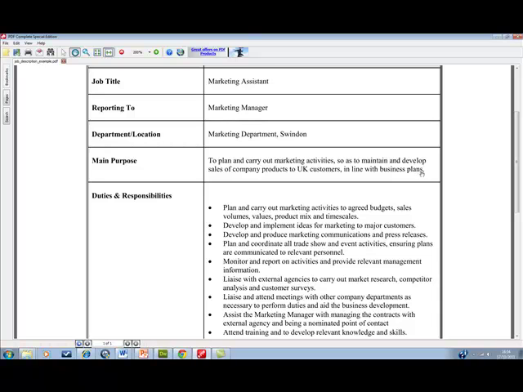So it would not be unrealistic to expect you to get a copy of the business plan in that role for the organisation, so you know what it is you are trying to achieve. So the main purpose in a job description needs to be simple but also concise, and clearly lay out what the person is required to do.